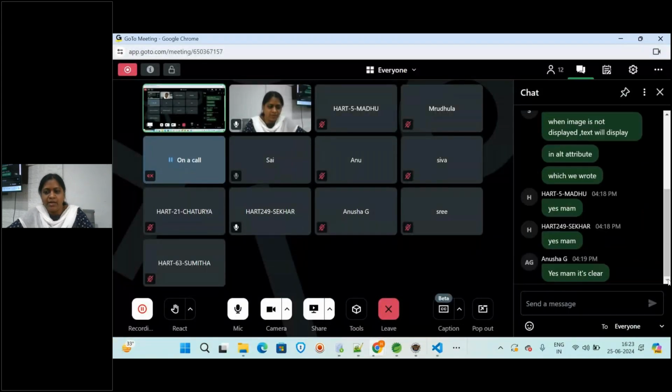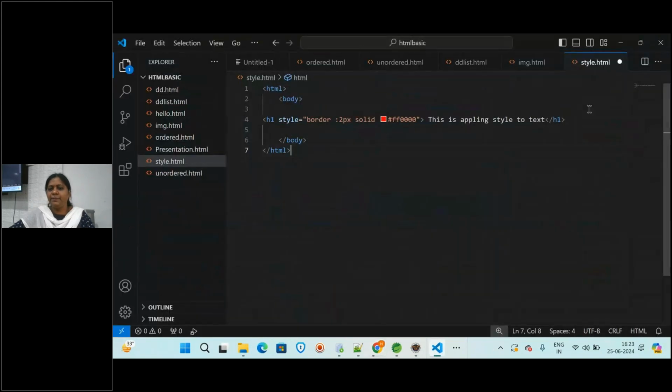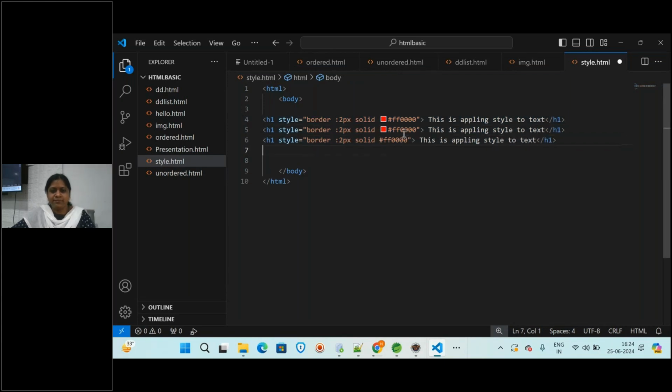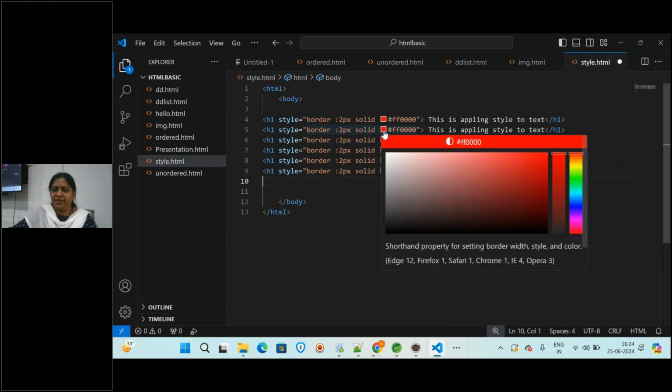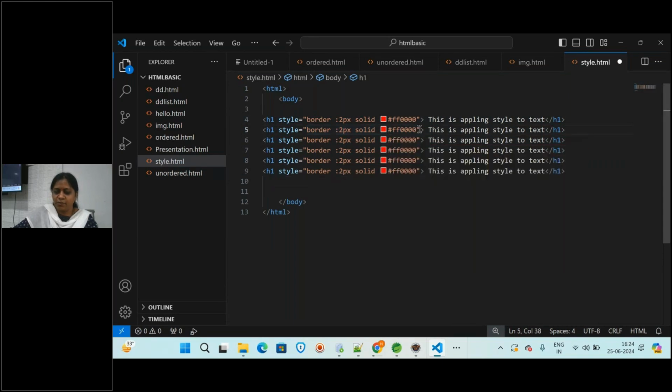Okay, good. So now like this you can use different styles of colors for different text. Here let us apply some different colors and different pixels of borders. So now you can change the color. If you want to specify and you don't want to choose it, that is also possible.